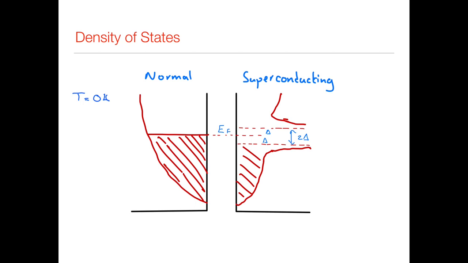The density of states has a pattern that's just the normal density of states like this, but superimposed on it we've got this almost divergent behavior, and this is where all the Cooper pairs are found. So this is the origin of the superconducting gap,